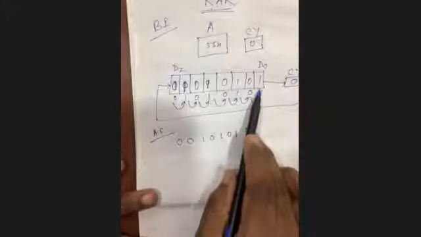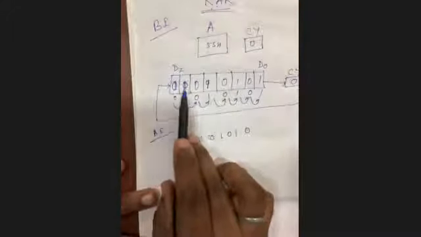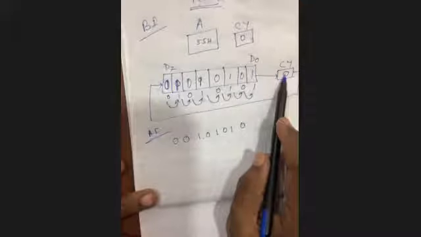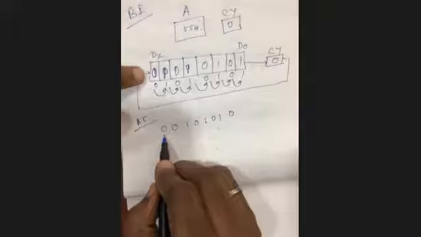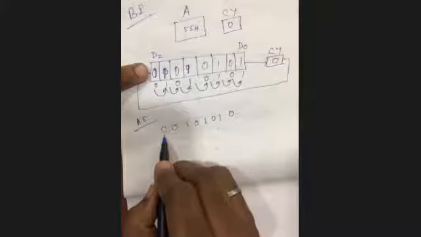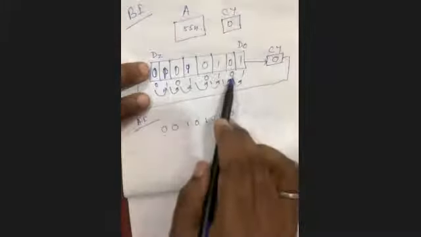All the bits will be shifted by 1 bit position. This bit will be coming over here, this bit over here, and so on. This data will be coming into the carry flag, and the content of the carry flag will be coming into the D7 bit. So just rearrange all those things. This 0 will be coming into the D7 bit, right? Yes, sir. The rest all are put up to 0 because this one is already shifted over here.